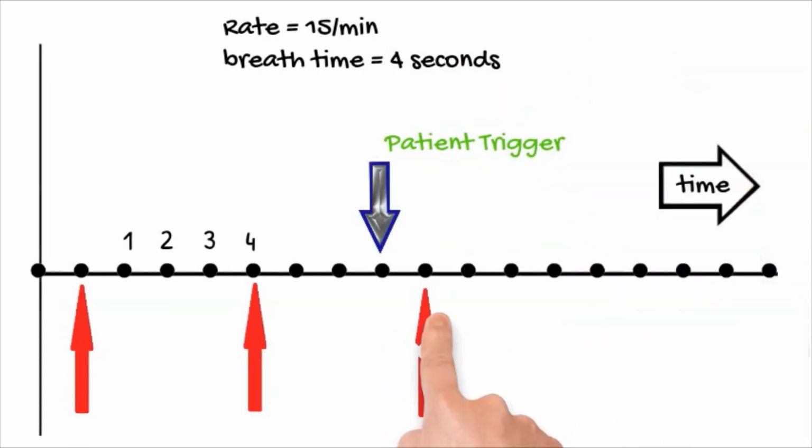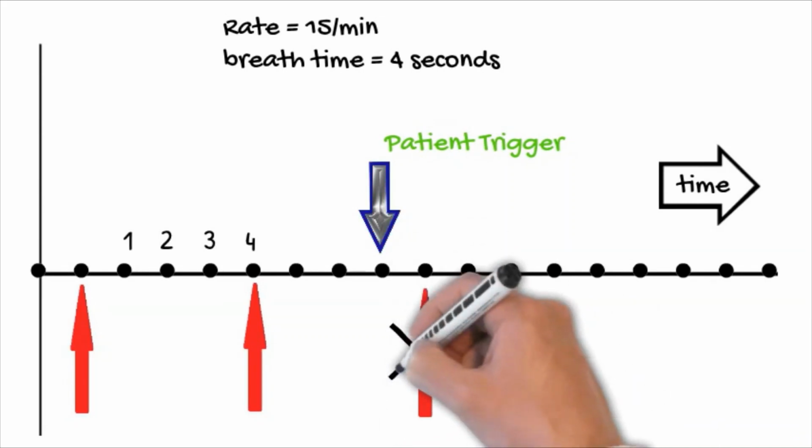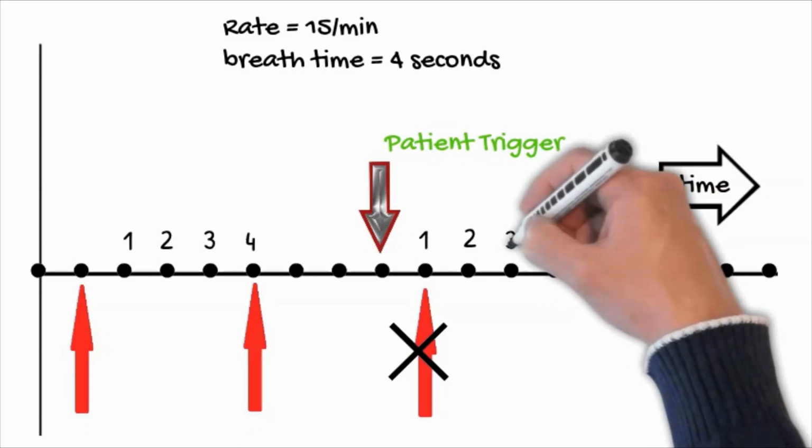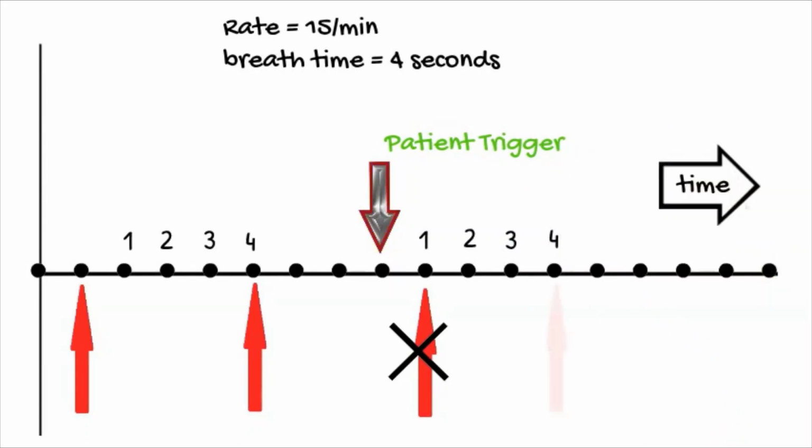To avoid the conflict with the patient trigger breath, the ventilator will cancel its own proposed breath, but to maintain the time trigger, it will start counting the time from the patient trigger. If the patient doesn't trigger within the 4th second, the ventilator will deliver its own breath at the 4th second. In other words, the time trigger will act as a backup rate. That means if the patient is not triggering a breath, the ventilator will keep giving a breath after every 4th second, or whatever time we have set. If the patient triggers a breath, it will cancel its own time trigger.